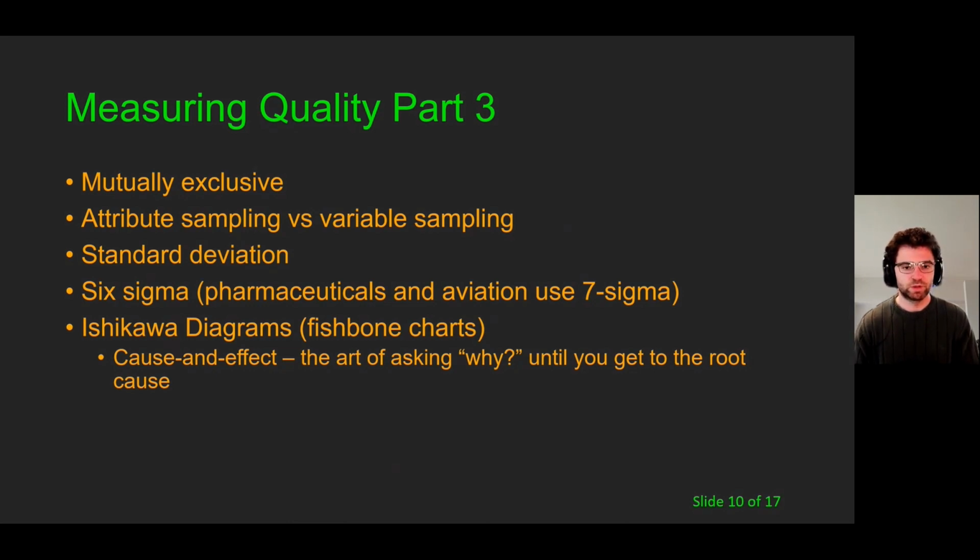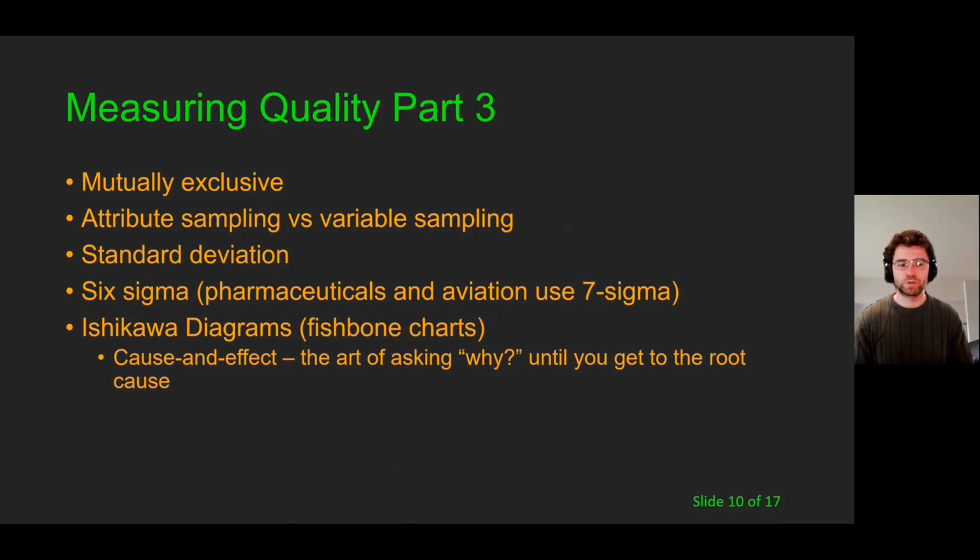So, for example, if you're making some caster wheels for a chair, does that really have an impact when you are producing a particular slurry to be used for another product line? Do they actually interfere with one another? We're talking about attribute sampling versus variable sampling. So this is really important, right?